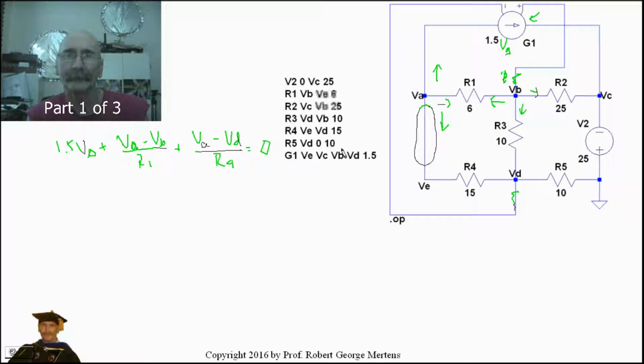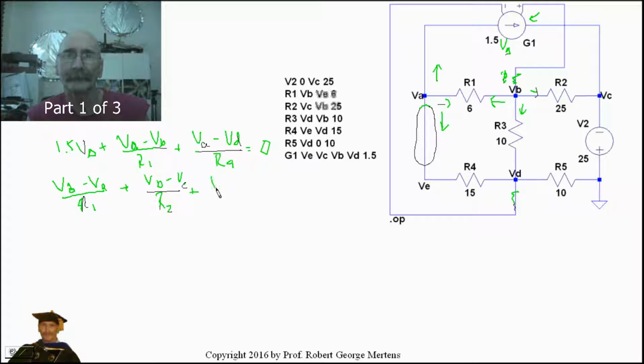So for VB, we have VB minus VA over 6 plus VB minus VC. I'm going to change this to R1. And you can put numbers or letters if you want. If you put numbers, it'll make it a lot easier to do the calculation because you can just multiply the numbers, especially if you don't have a Mathcad. What I'm going to use is I'm going to write in the formulas over R2, and you can put numbers in as you like,